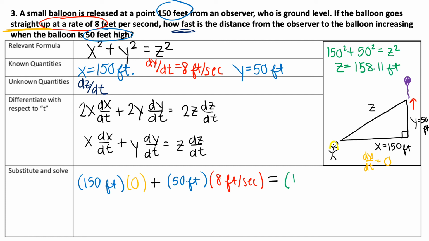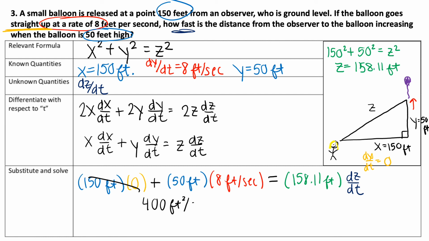Plugging that in, I get 158.11 feet, and then dz/dt is what we are looking for, so we can leave that as dz/dt. From here, our first term multiplied by 0 goes away, so we are left with 50 times 8, which gives us 400